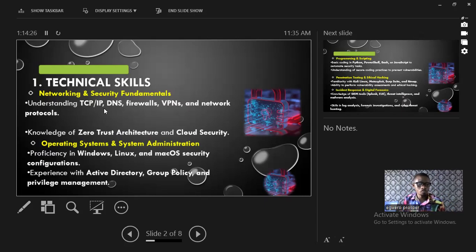Experience with Active Directory, group policy and privilege management. This is a practical and a full class on its own, which we're going to take one of these days. There are certain policies that govern how passwords work. You know that on your Windows, I can program that your password can only be active for 2 days. After 2 days, that password will no longer work. But Windows has already been programmed by default in a way that is forever.